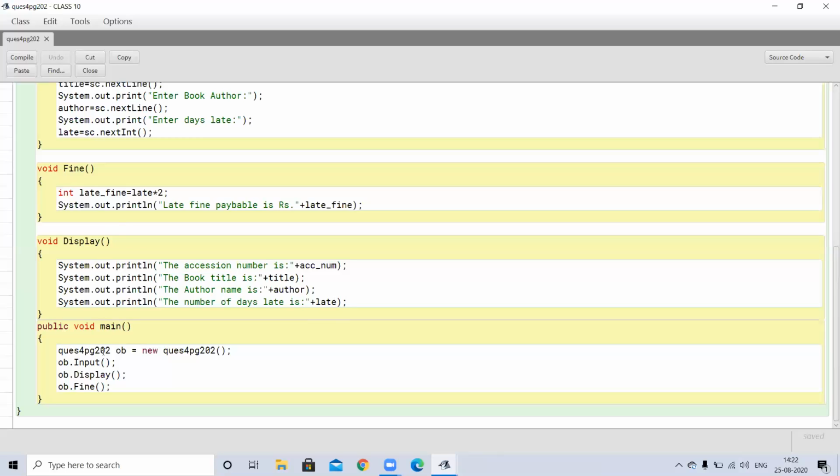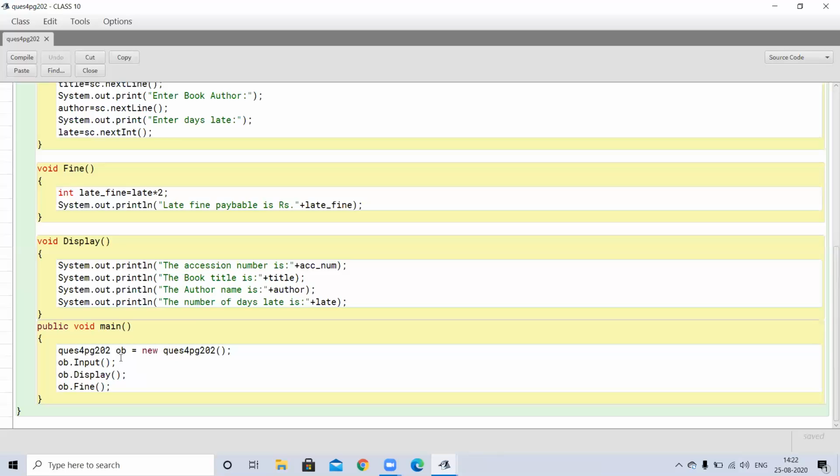So first of all we will create here the object of the class. My class name is question 4 page 202. Then the object name is ob, this is the class object, equal to new question 4 page 202. You all know how we create the object of the class. This is the same way: class name, object name equal to new class name. Okay.